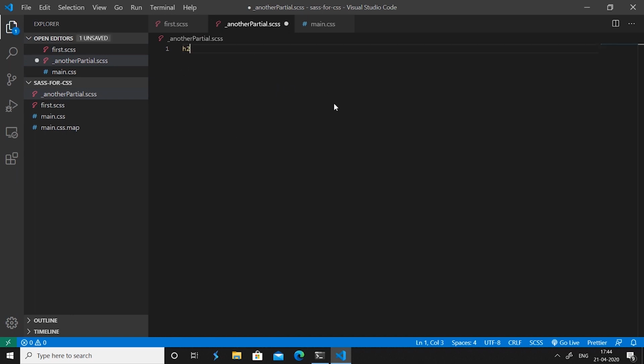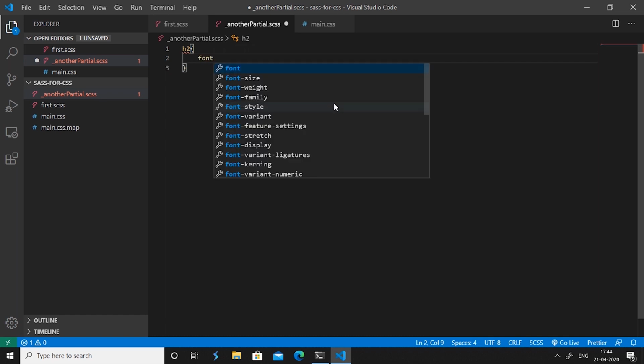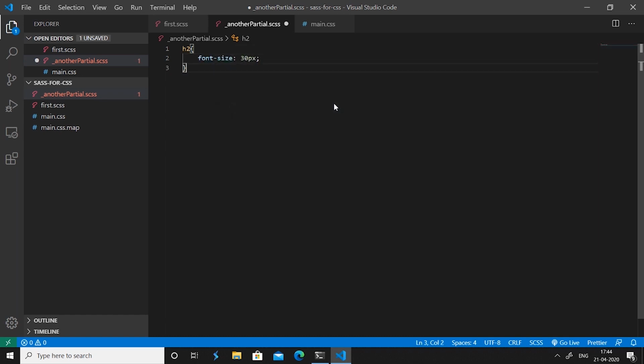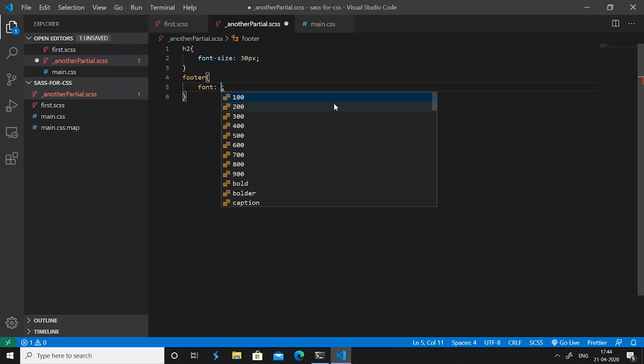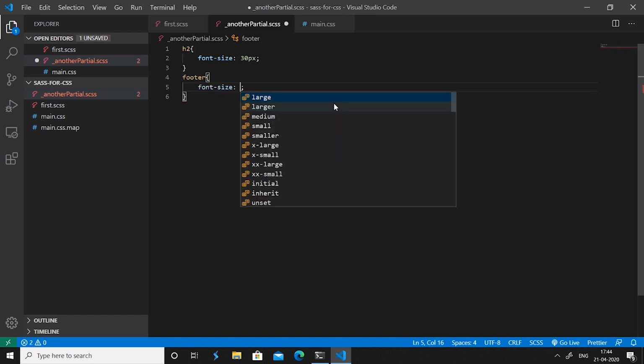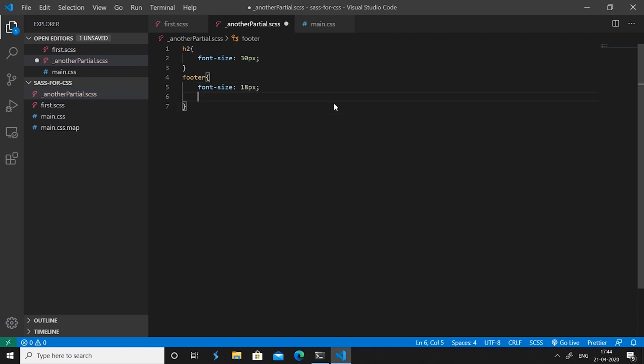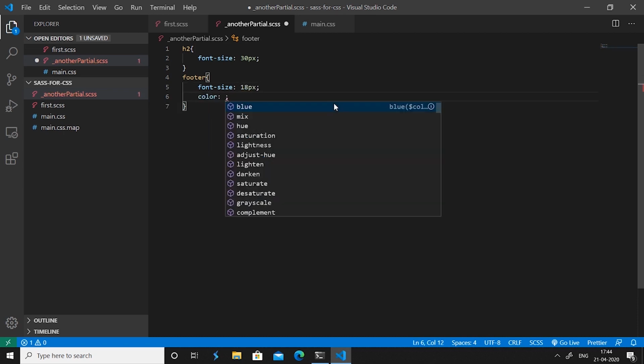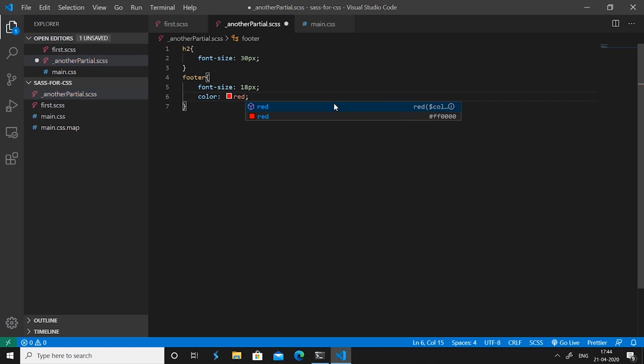For instance, I could give an h2 a font size of 30 pixels, and then I can have another element, let's say footer, and give it a font size of, I don't know, 18 pixels, and a color of red. Okay, we have used red a lot. A yellow color will do the job.